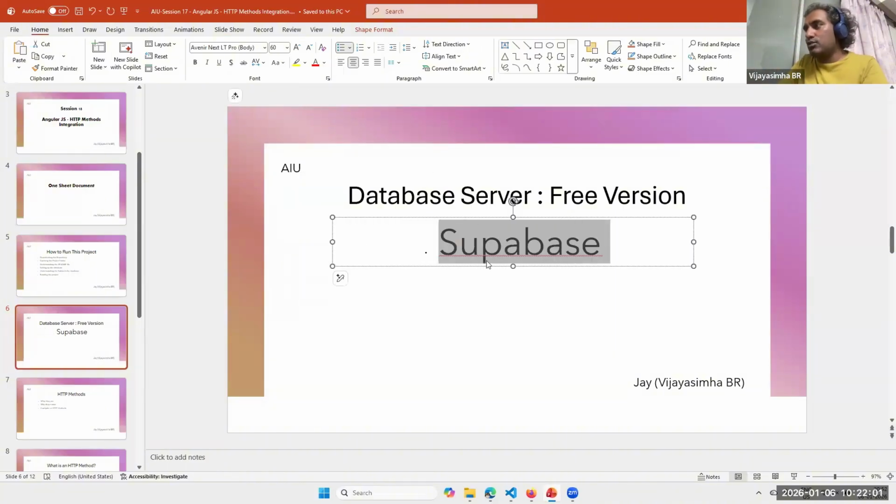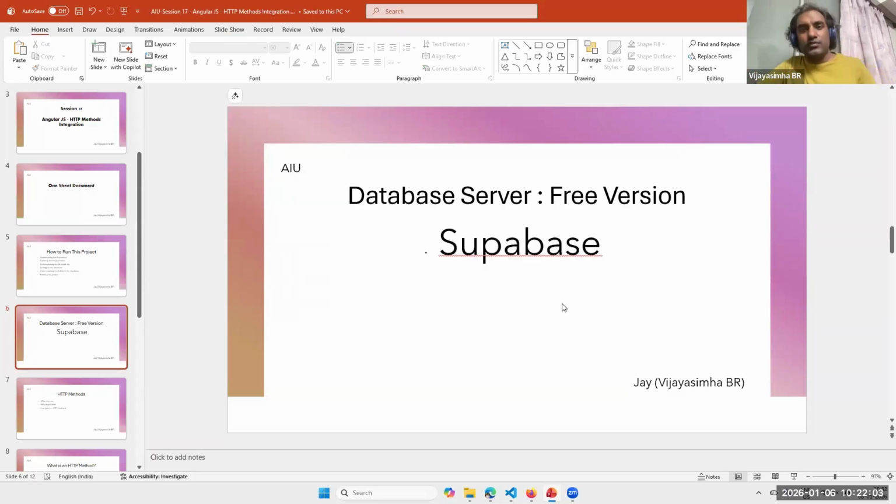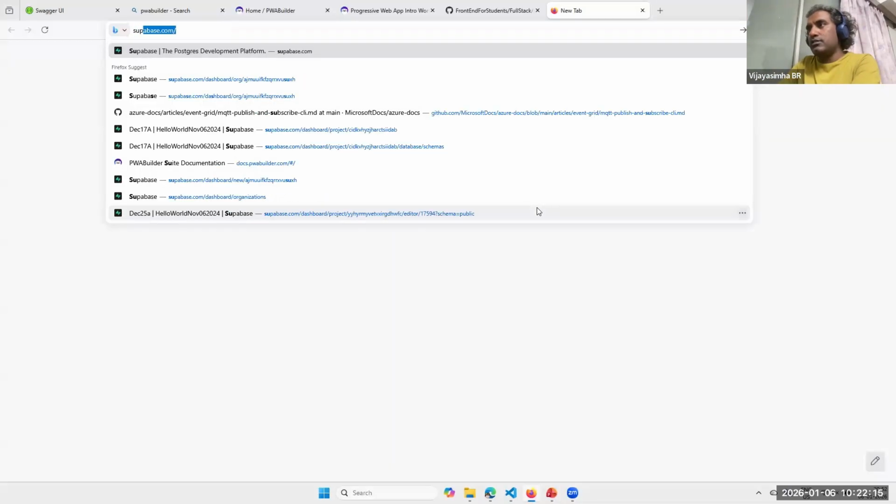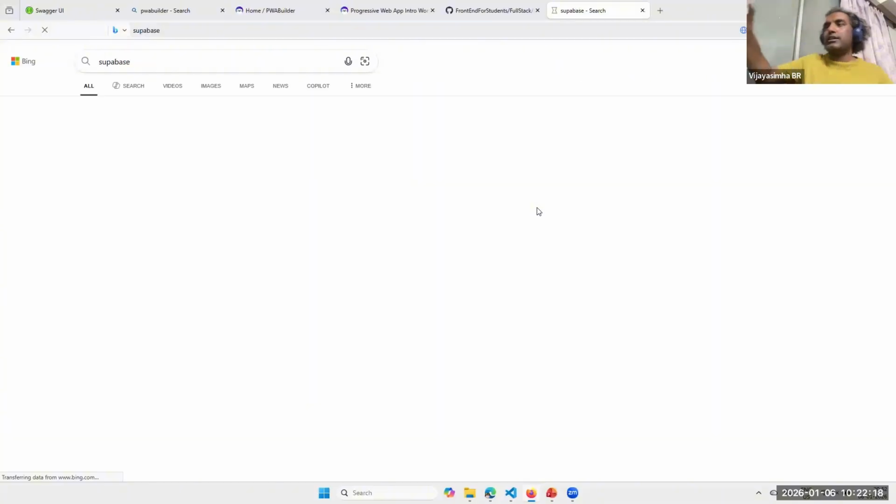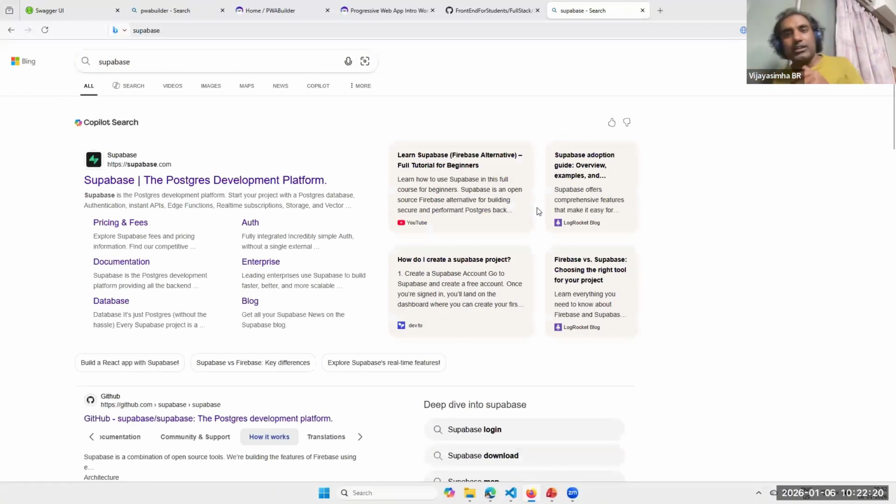You have to go to your browser and search for this website called Supabase. It's a company. They provide very small but perfectly working free databases for practice. I'll go to my browser and search for Supabase, and I get a list of options. There you go, folks. Again, the session is recorded, so when you're following along, everything has to happen exactly like this. Otherwise, you won't be able to run my project. You have to get this Supabase Postgres development platform. And once you get this website,